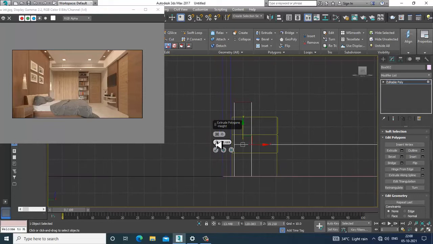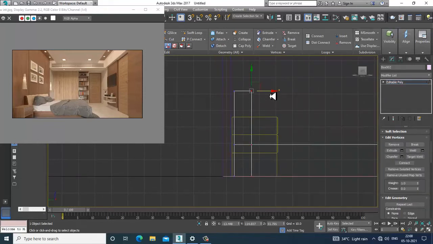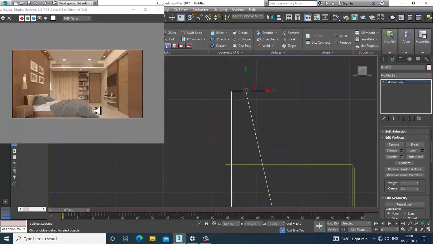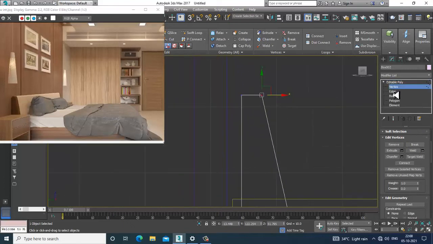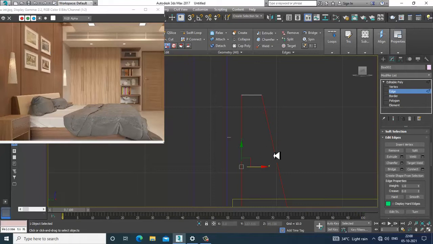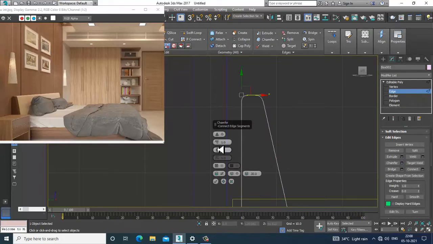Click OK. Go into the vertices and make sure you give such kind of a look over here. Select these edges and let's give chamfer. That's it, and click OK.